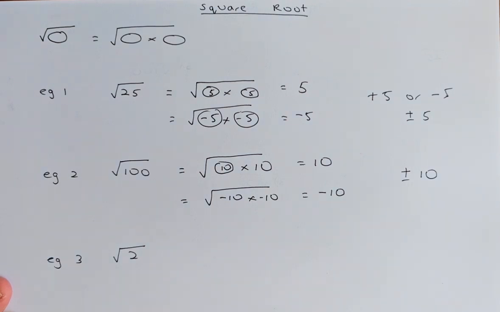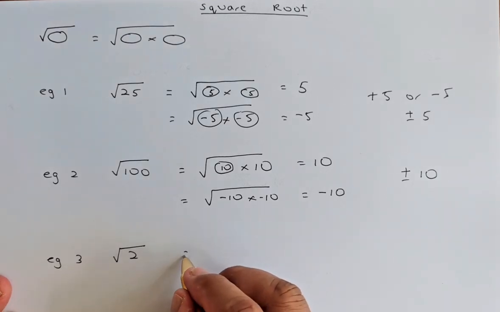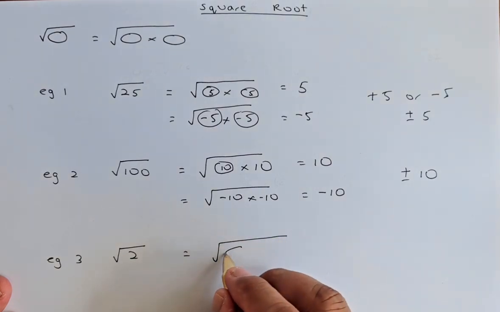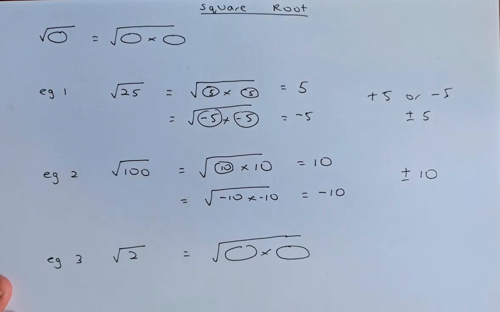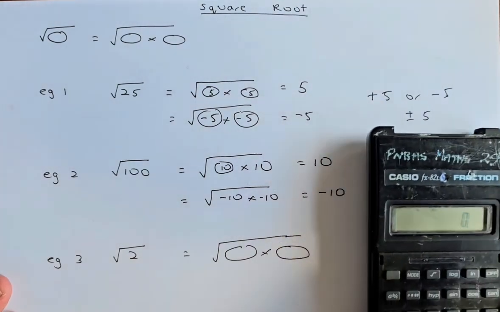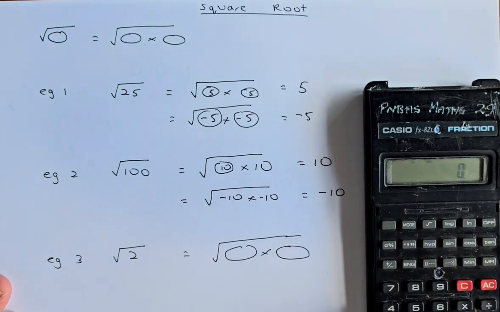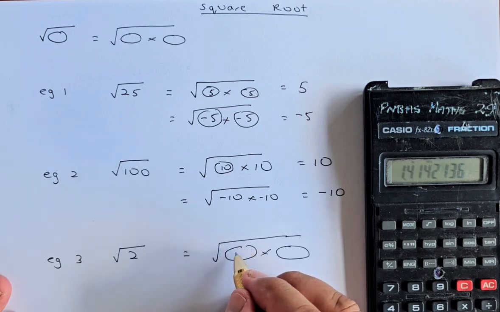So now the question by Te Ahure: what is the square root of 2? 2 is not a square number, so you need to find what number multiplied by itself gives you 2. There's no whole number, and that's why we need to use the calculator. I bring the calculator here. So we're going to put in 2 and the square root button, and the answer is going to be